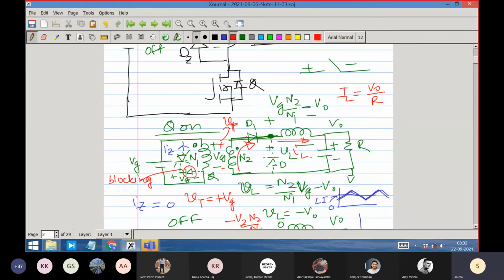It is leaving the dot. Concentrate on the dot terminal. It is leaving the dot terminal. So what is the consequence of that? This is IL. There will be a current flowing through the primary because it is a coupled circuit. In a coupled circuit, what happens? That is the advantage the transformer is getting. When the transformer is carrying the load current, it has two coils. An inductor doesn't have two coils.